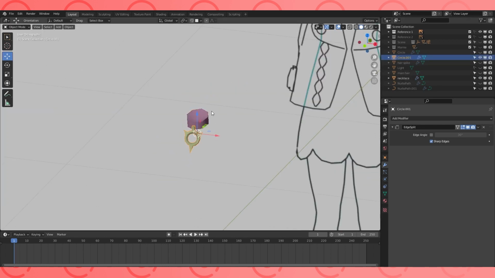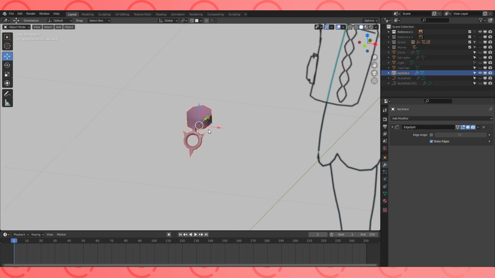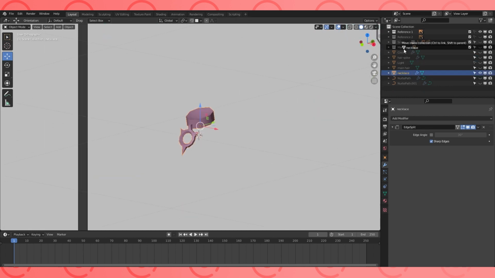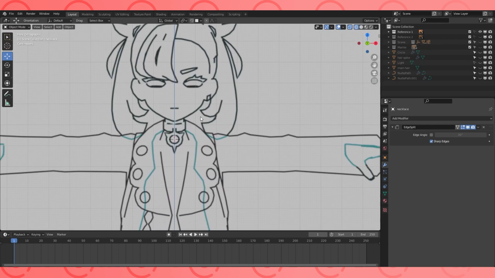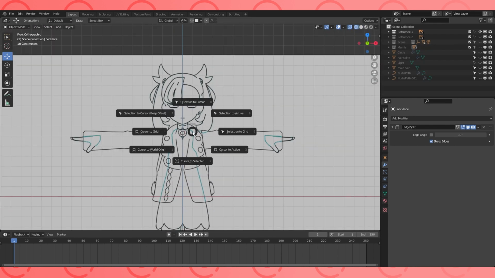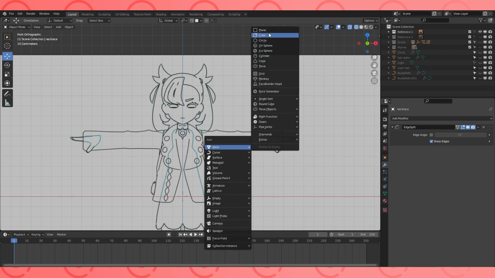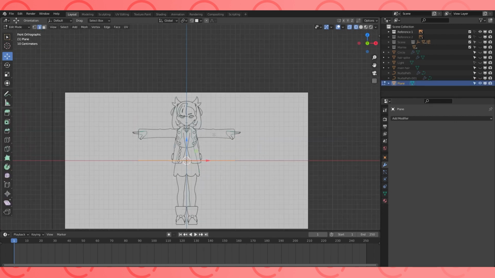Select these 2 objects in this order in the outliner and join them together with Ctrl J. Move it into the Marnie collection. Now let's make the earring. Shift S, set the cursor back to world origin. Shift A, add a plane. Rotate by 90 degrees on the X axis, and by 45 degrees on the Y,